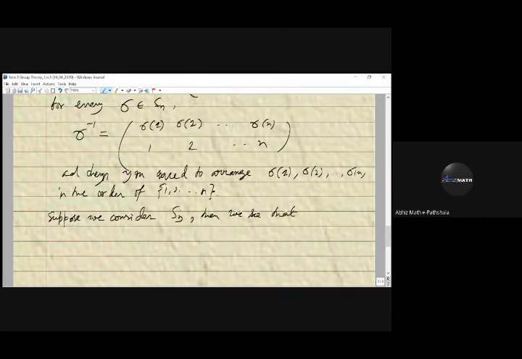How many elements does it have? 3 factorial elements, that is 6 elements, and one element is the identity, that is the identity permutation. Then we see that the members of S3 will be